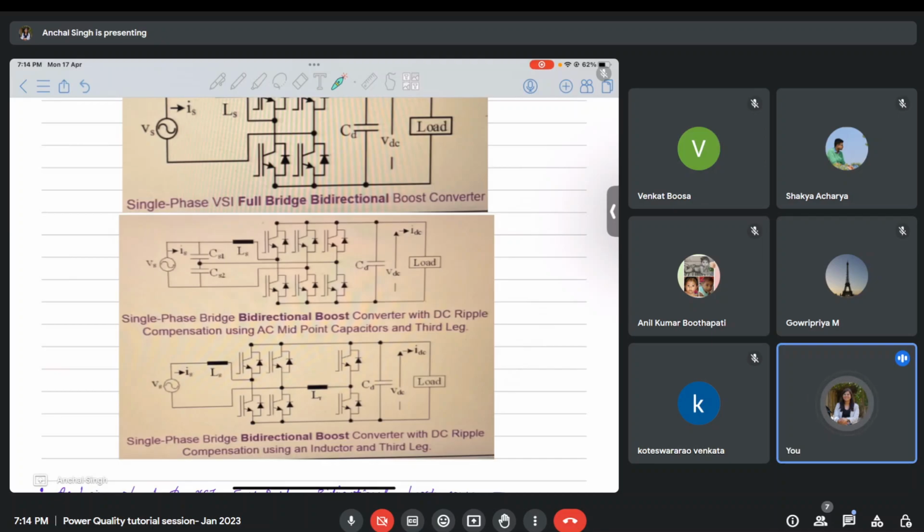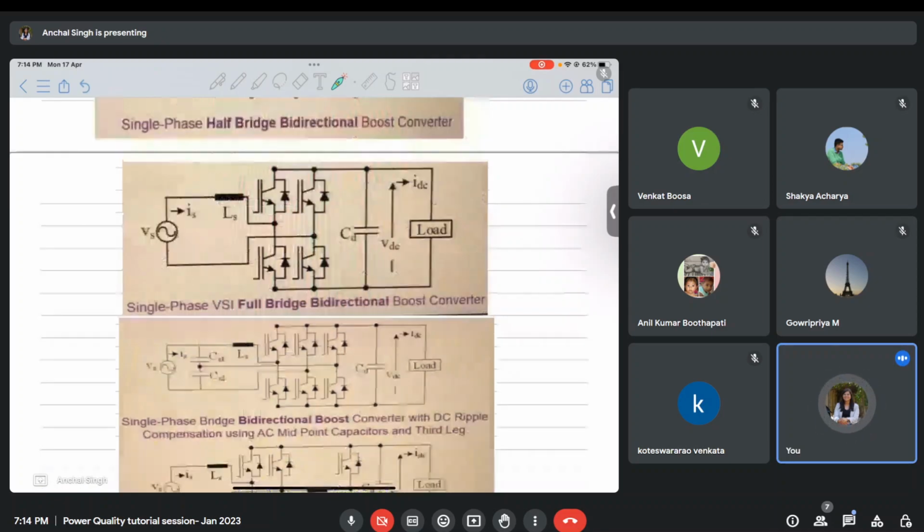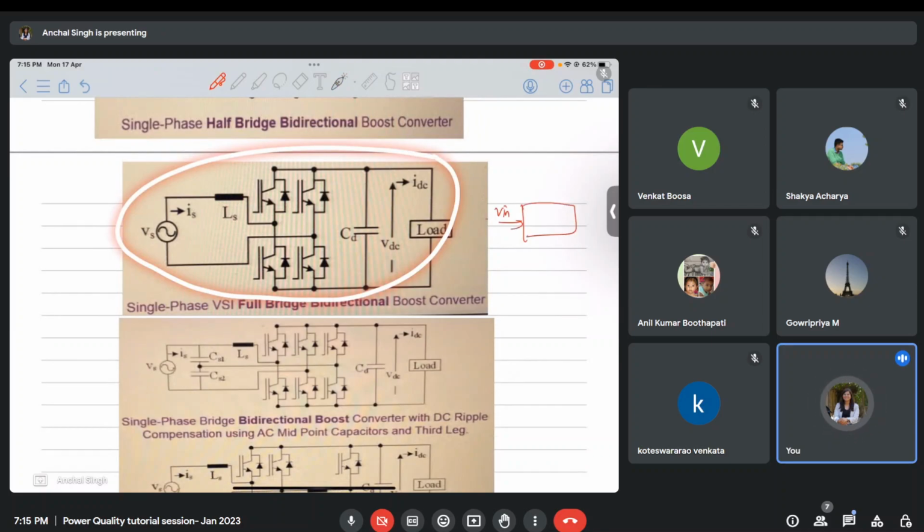The basic thing in these converters is that they are boost converters. What does a boost converter do? A boost converter converts input voltage to a higher output voltage. And if this circuit is doing that, it is just a black box. If I give you a black box that is able to convert input voltage into some other output voltage, such that output voltage is greater than input voltage, and the nature of both input and output voltage are DC, then it is called a boost converter. This is the only thing that you need to understand.